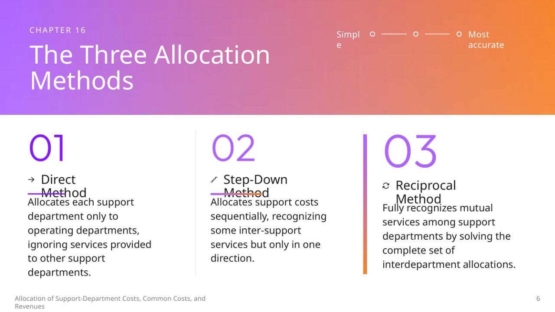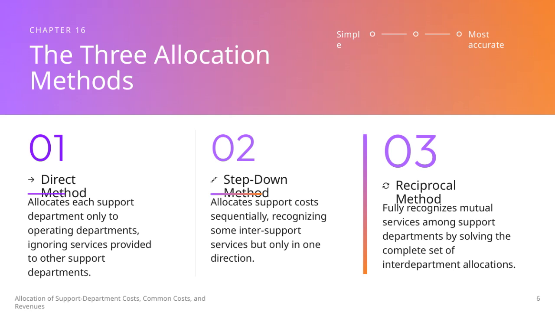Next, the step-down method provides a more refined approach. It allocates costs sequentially, acknowledging some inter-support services but only in one direction. This means some mutual services between support departments are recognized, but the method doesn't fully capture all reciprocal relationships. Finally, the reciprocal method is the most accurate. It fully accounts for the mutual services provided among all support departments by solving a complete set of simultaneous equations. This comprehensive recognition ensures the most precise allocation of support costs. Understanding these differences is crucial for choosing the method that best fits the complexity and accuracy needs of your cost